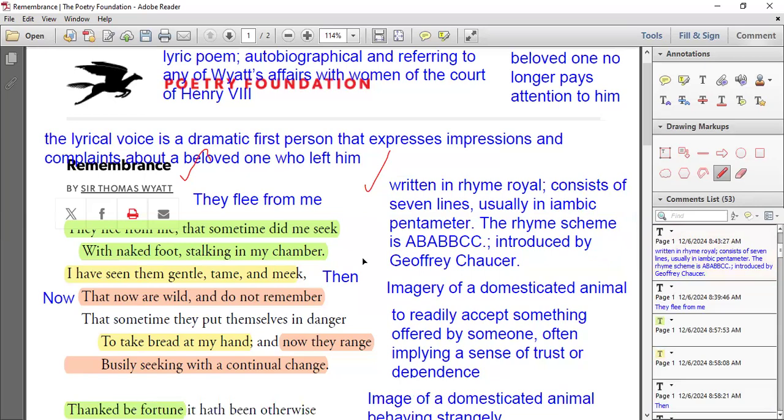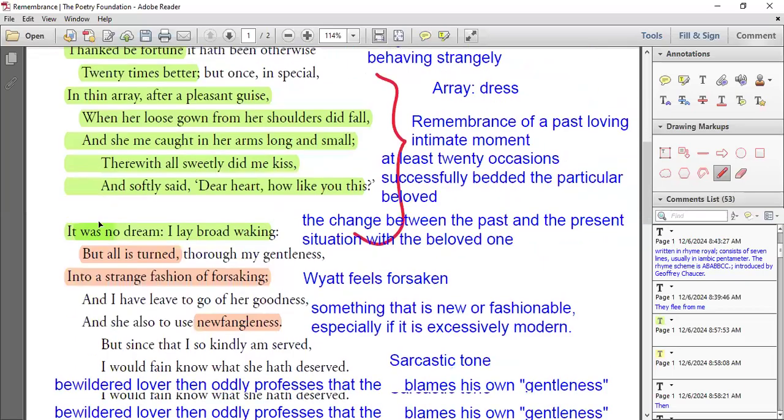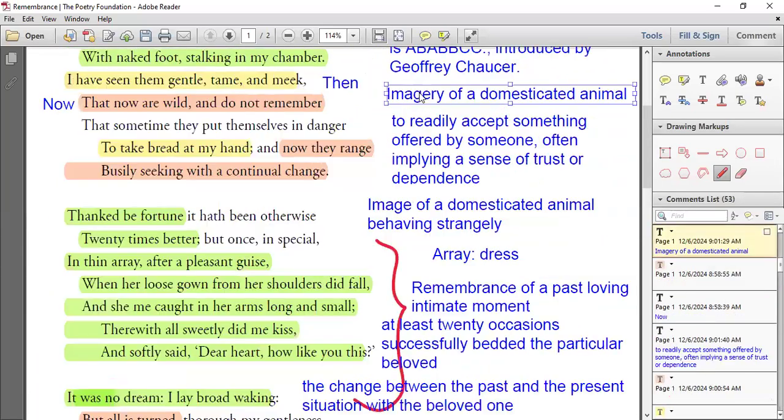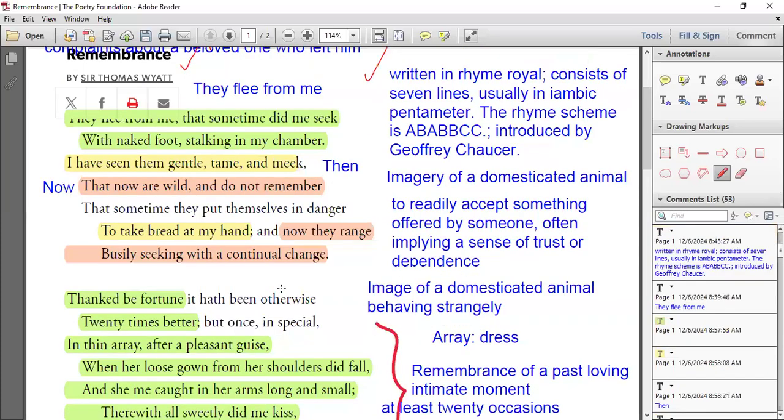You find that there are how many stanzas? 1, 2, 3 stanzas are there, and each stanza contains how many lines? Count the lines for yourself. There are 7 lines in each stanza, and there are totally 3 stanzas with 7 lines each. So total number of lines? 21 lines. A 7-line stanza in English literature is normally called rhyme royal, and